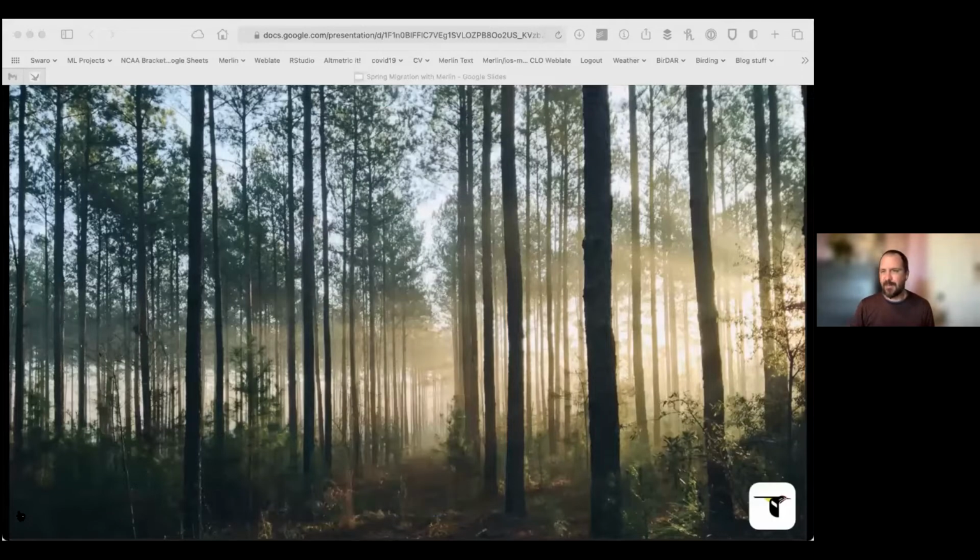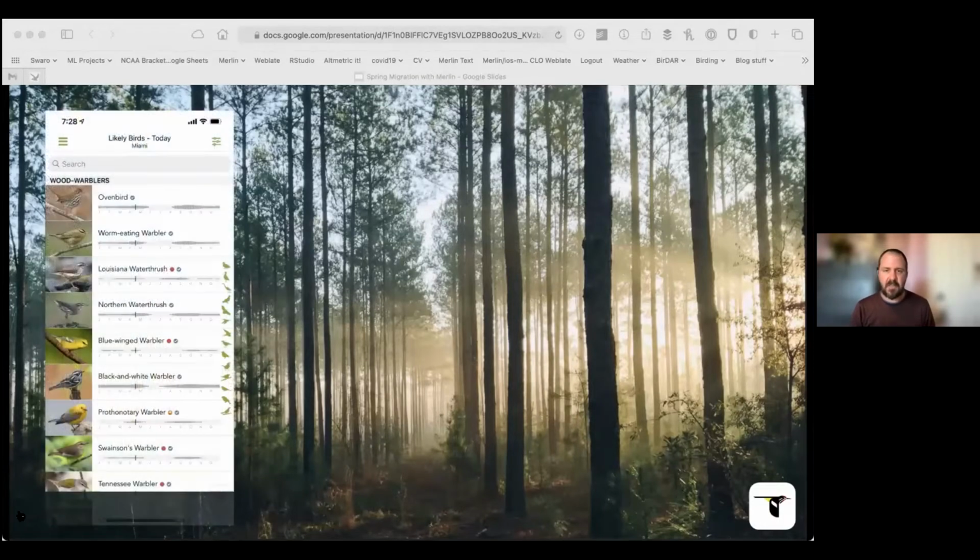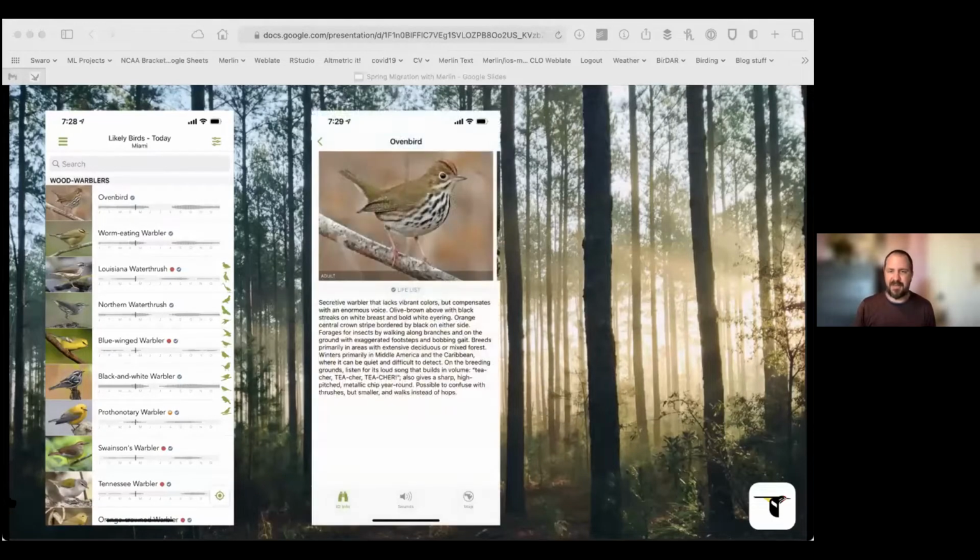And so what makes Explore Birds different, as I mentioned, is that it's powered by eBird, and that allows you to get a custom list of birds for wherever you are in the world. So the weekly bar charts that span across the year are very similar to what Jenna showed you in the Explore tools in eBird. And these tell you what birds have been reported in your area. And you can see, for every week, what birds are arriving, what birds are departing, and which birds are those year-round residents. So this really makes Merlin the perfect migration guide, because you can tap on the species to get